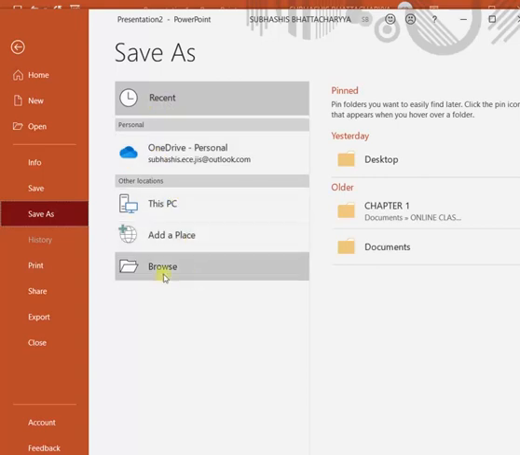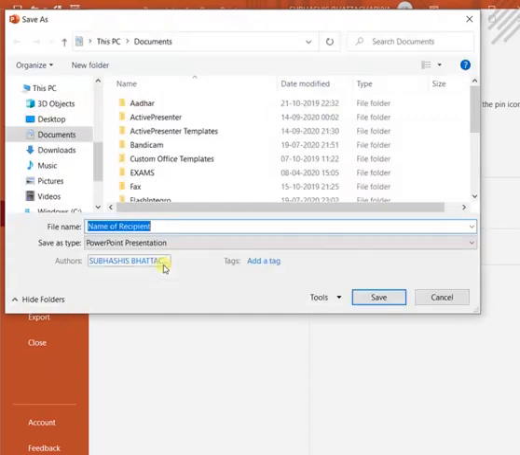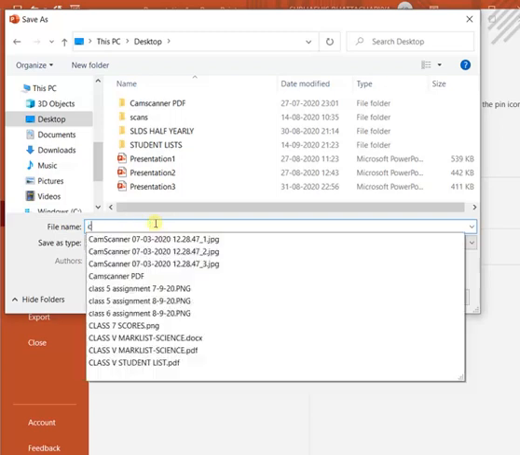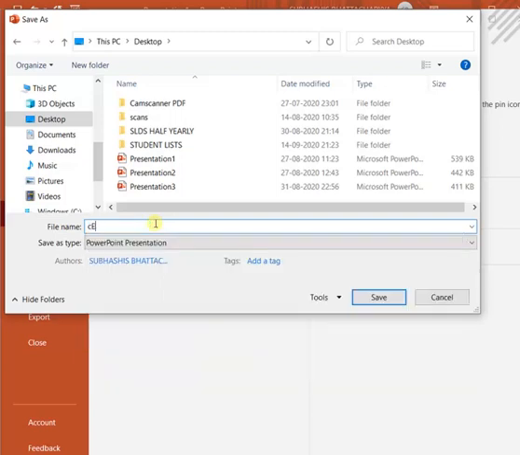Then you have to click on browse. That means you have to select a location in your computer where you want to save. Suppose I want to save it on the desktop, then give the name of the file, anything you can give. As it is a certificate format, I am giving the name as certificate.